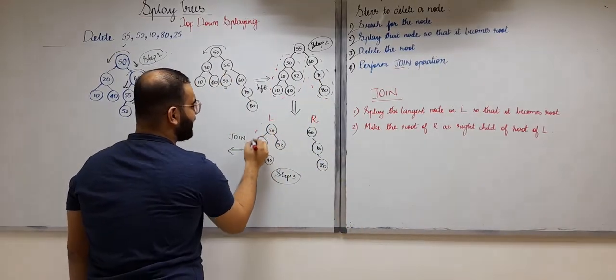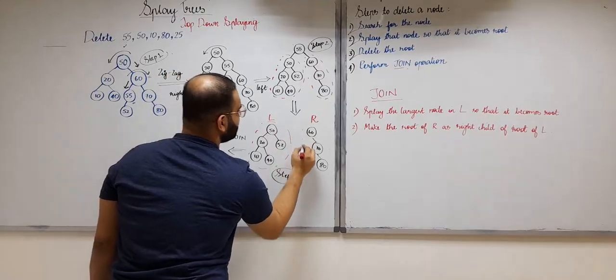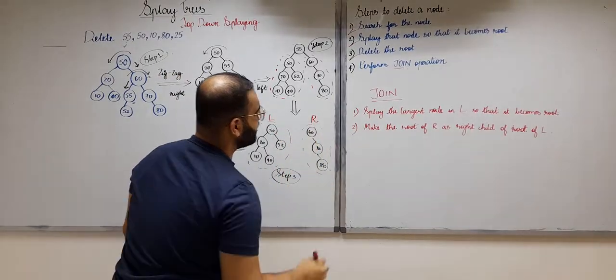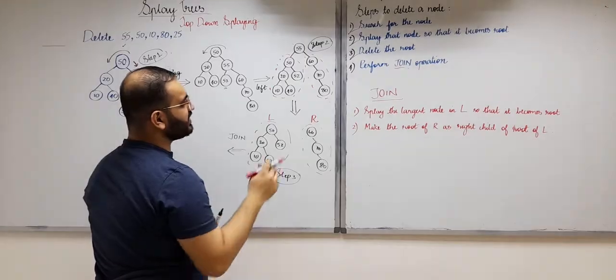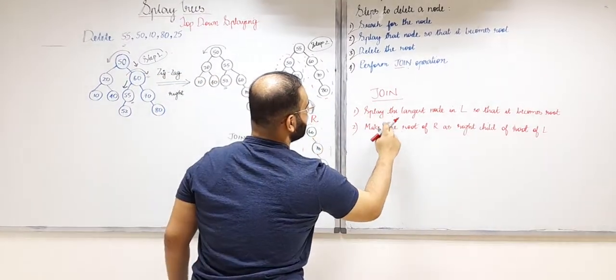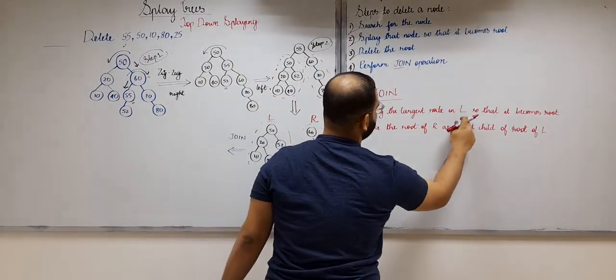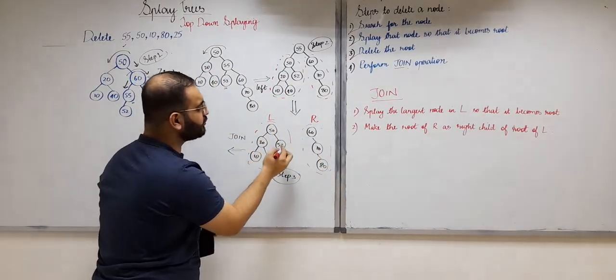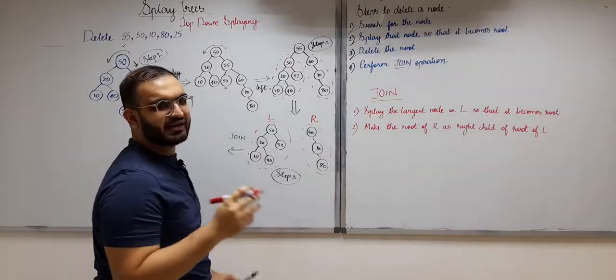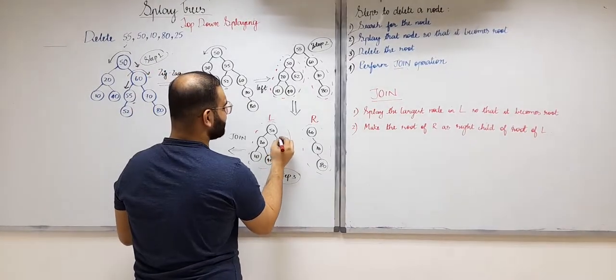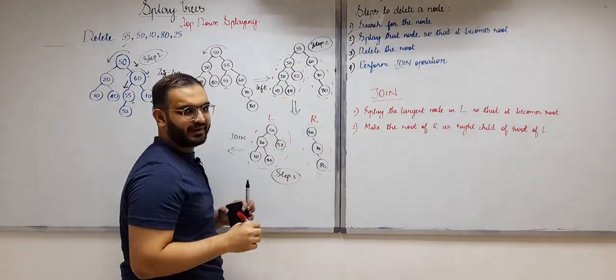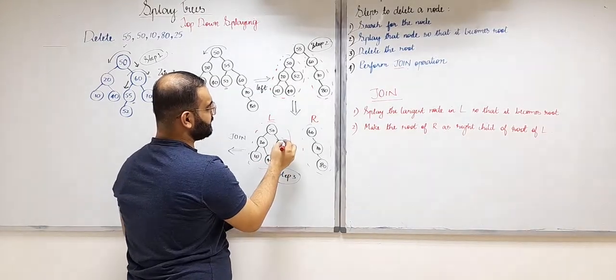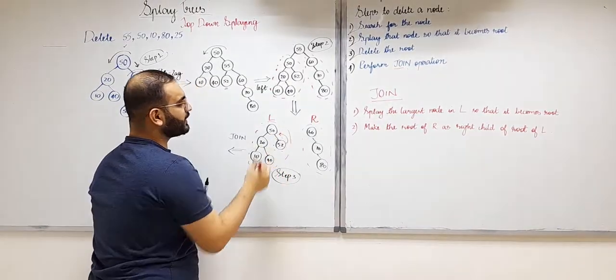So this is our L, or the left subtree, and this is our R, or the right subtree. Now the join operation says that in the first step, you splay the largest node in L. Whichever node has the largest value in our left subtree, we have to splay that node. Which is the largest element in the left subtree? 52, right? So we splay this node, or we bring it to the root. In order to bring it to the root,